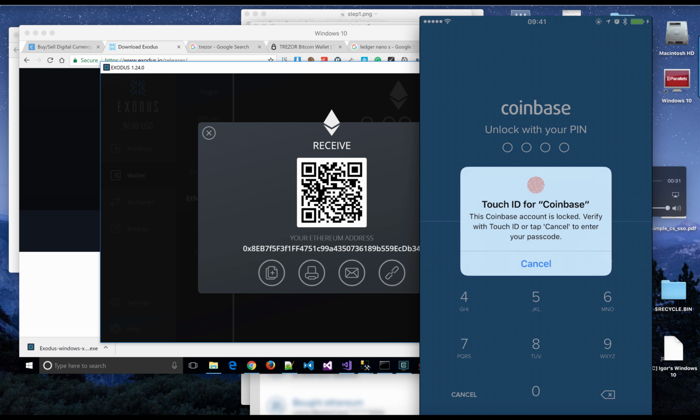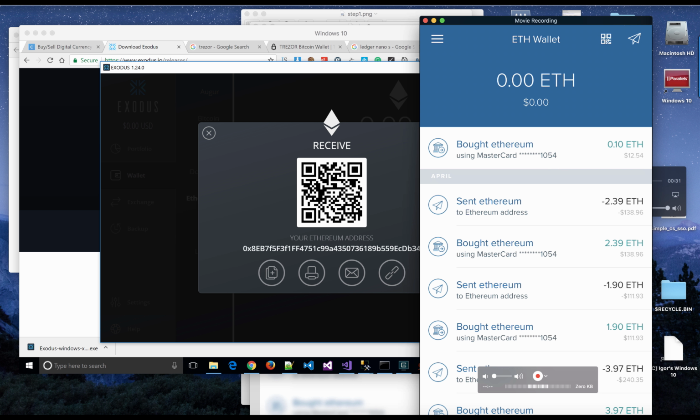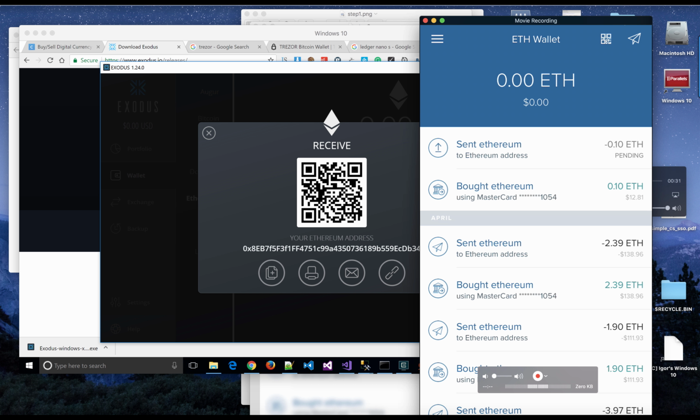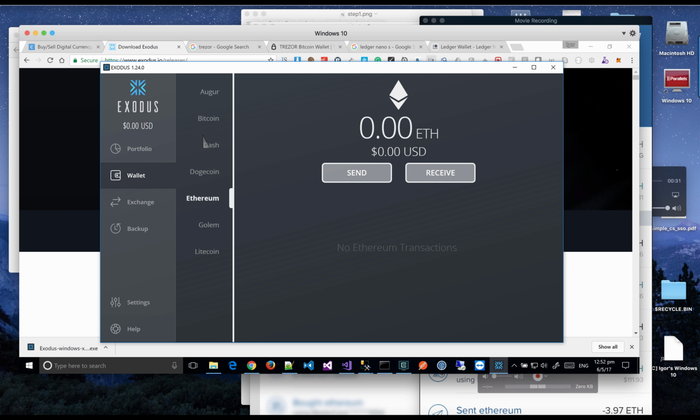Okay, I have to do the. Oh, it actually sent. Oh, so it does actually automatically calculate it. But anyway, you can see this has been sent now. And it will take a bit of time to actually reach this wallet, so don't freak out. Like, it's been sent from the